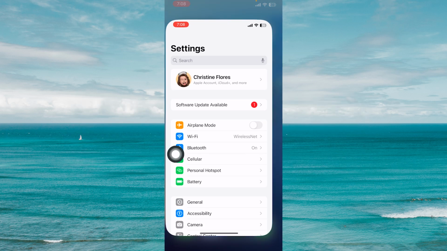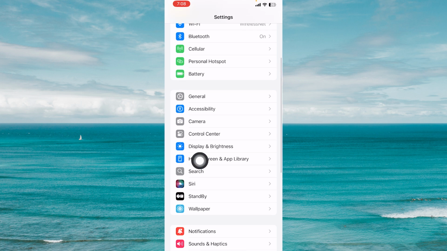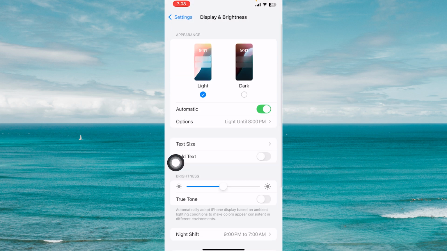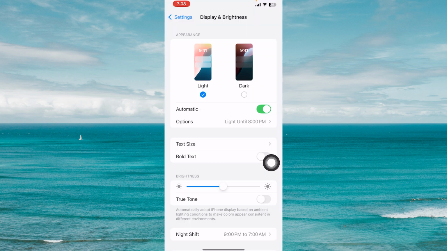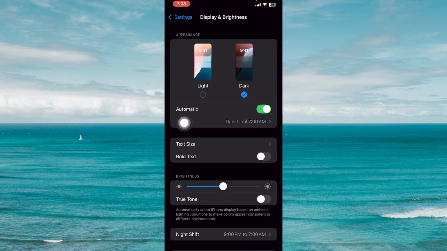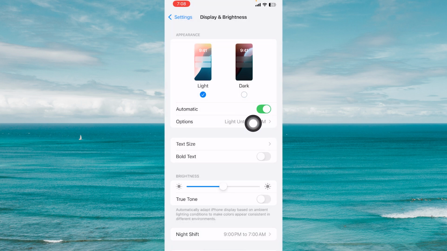First, let's go to our settings, scroll down, and let's go to display and brightness. In here, you should immediately see the appearance options, which is light and dark. So just simply select whichever you want, and then you can also set it to automatic by clicking on the toggle button, which means it will go on light mode and switch to dark mode automatically depending on the time